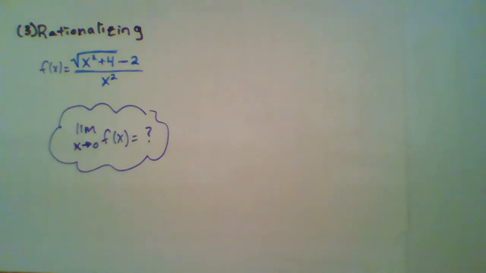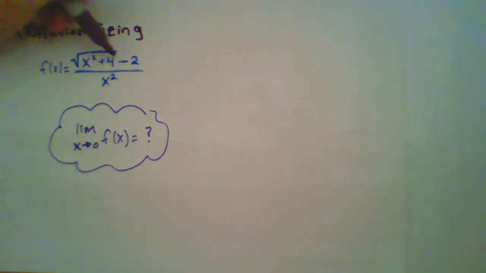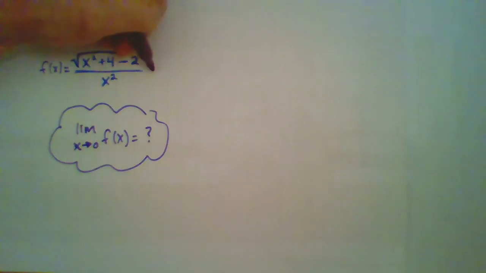And the way we do that is by multiplying by the conjugate of that radical expression. So in this case, for the conjugate, we're going to change the minus sign here to a plus sign. Everything else is going to stay the same. So we're going to multiply by